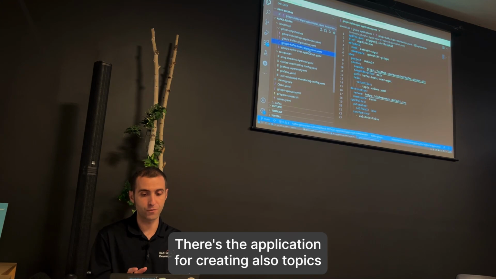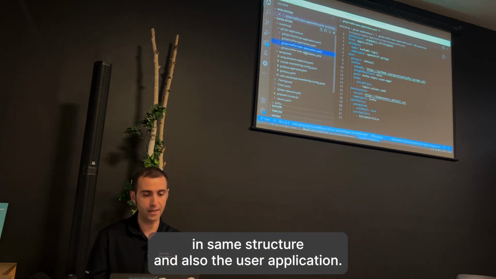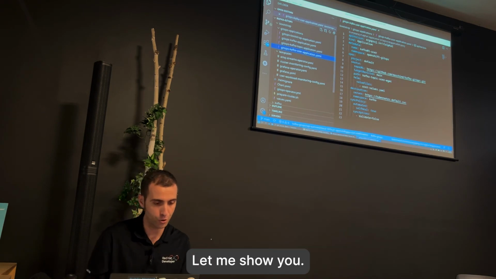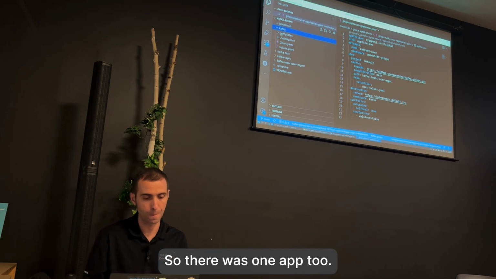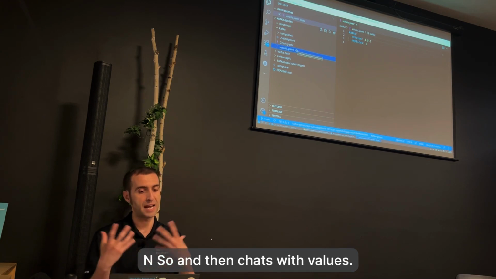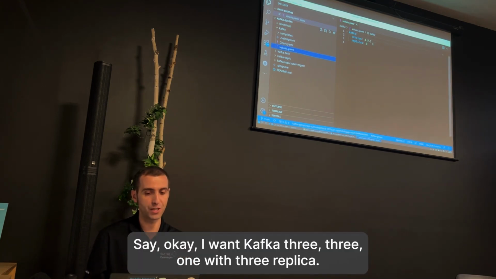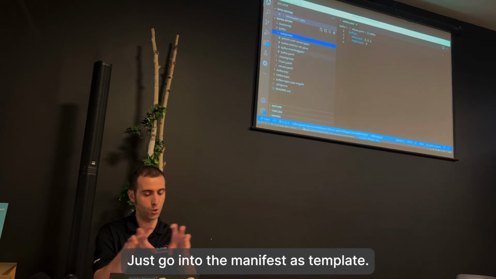There's the application for creating topics in the same structure, and also the user application. Let me show you. I already deployed it, but I wanted to show you one by one. So there was one app and we're using Helm. A Helm chart with values says, okay, I want Kafka 3.3.1 with 3 replicas. And this Helm chart is really simple. Just go into the